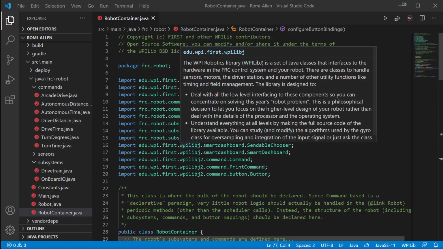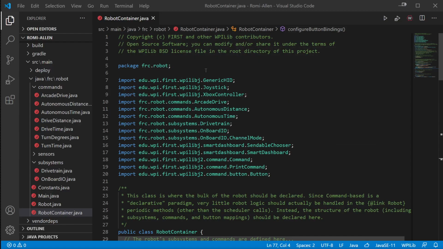Okay. All right, today we're going to be looking at the code for the Romi robot. This is just the default template. We're going to look at some of the places where we can edit things and make changes to it, so we can start figuring out what tasks we actually want to be able to be doing